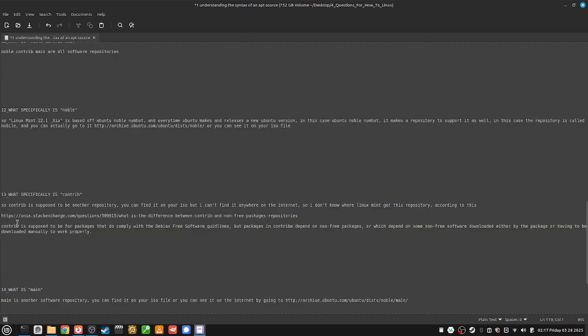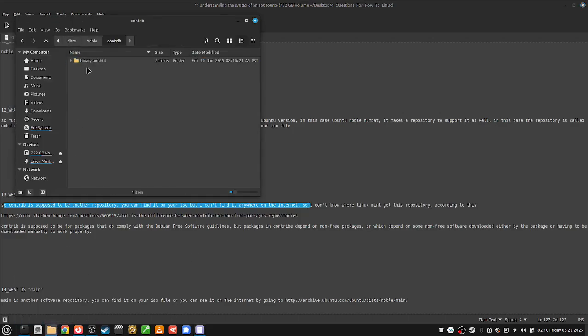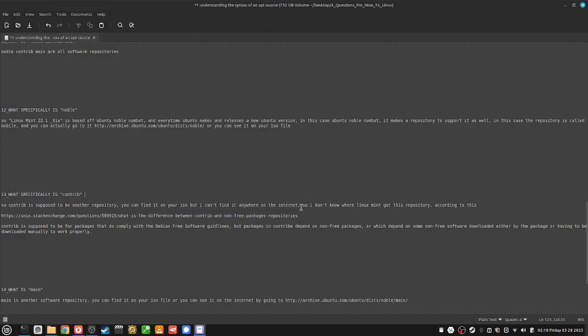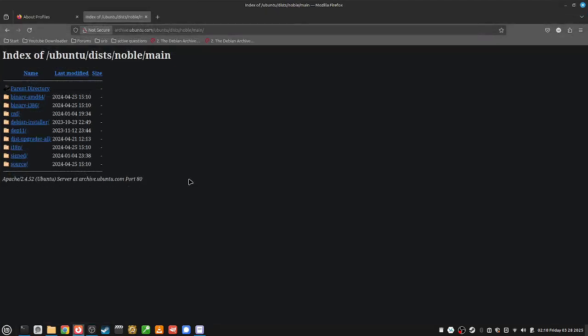What specifically is contrib? Well, contrib is weird. Contrib is supposed to be another repository. You can find it here on your ISO, but I can't find it anywhere on the internet. So you can find it right here on your ISO, but I don't know where Linux Mint got this repository. According to this link right here,